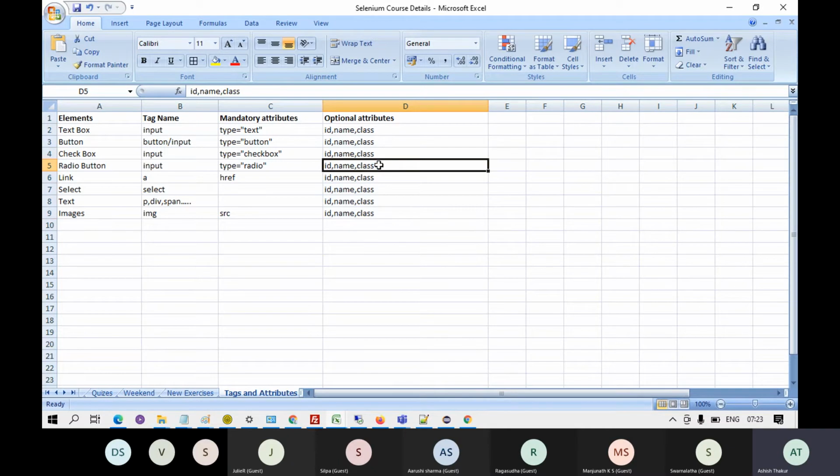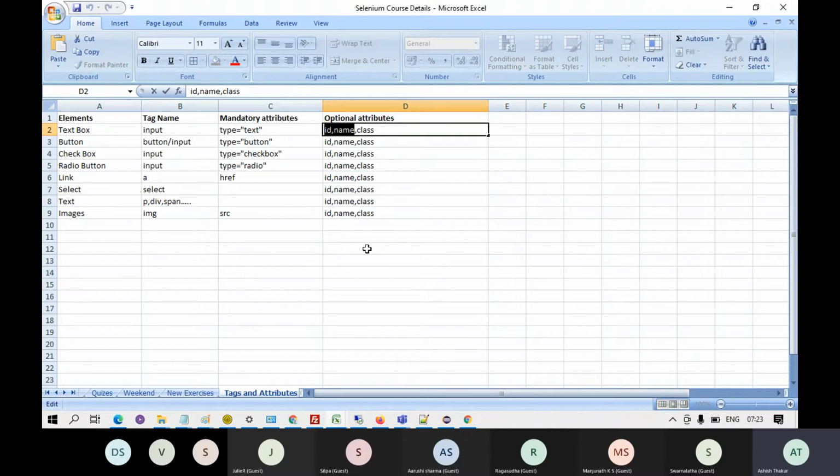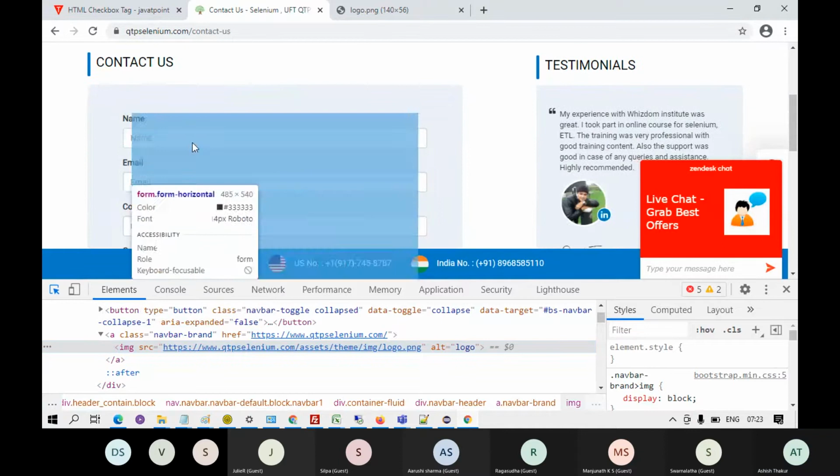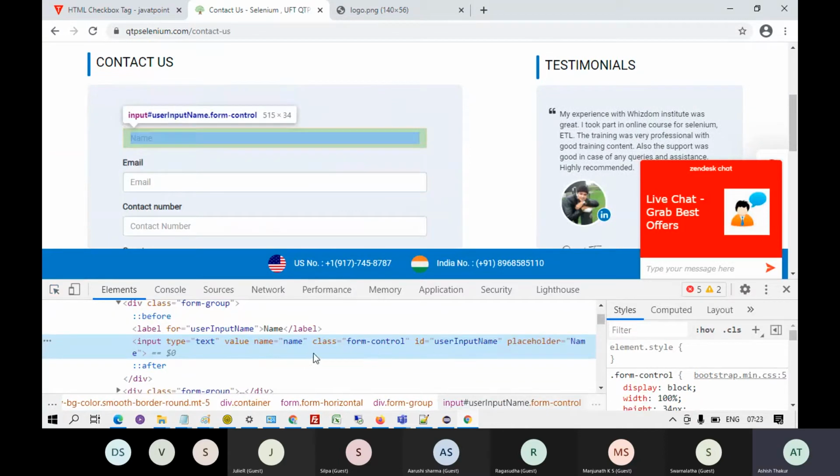It is up to the developer, up to the will and the decision of the developer whether to give these attributes with the elements or not. Let's first talk about id and name. If an element has got id or name, for example this element over here.